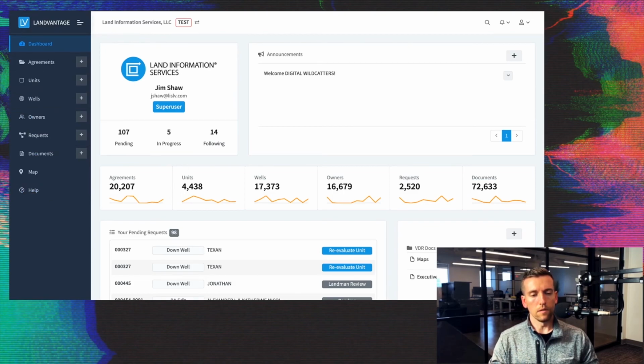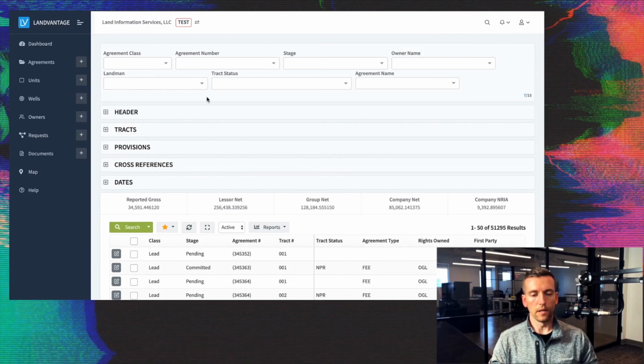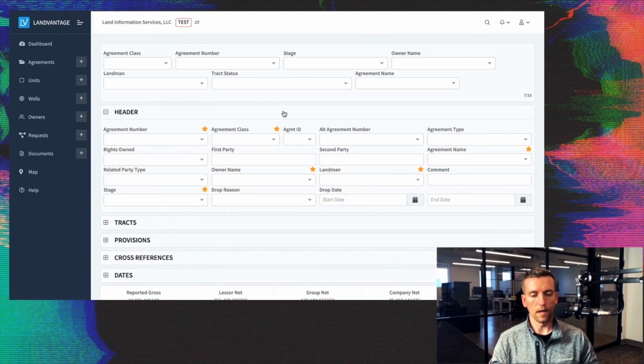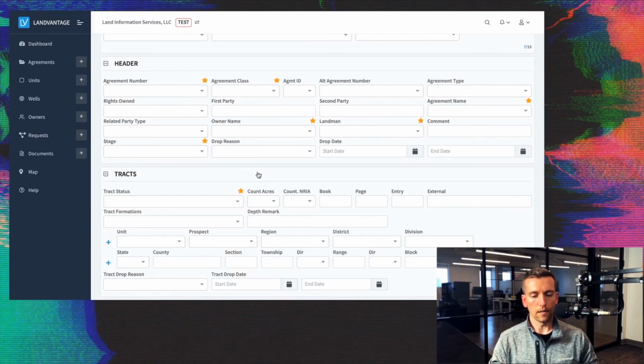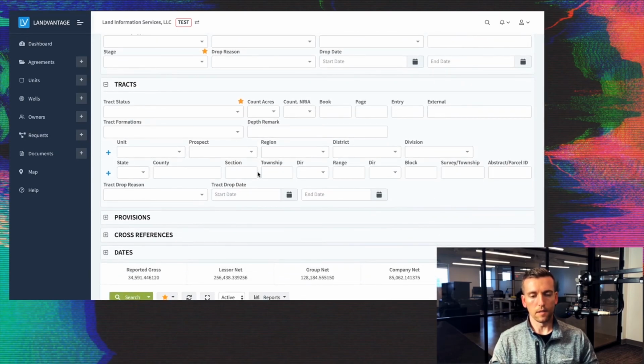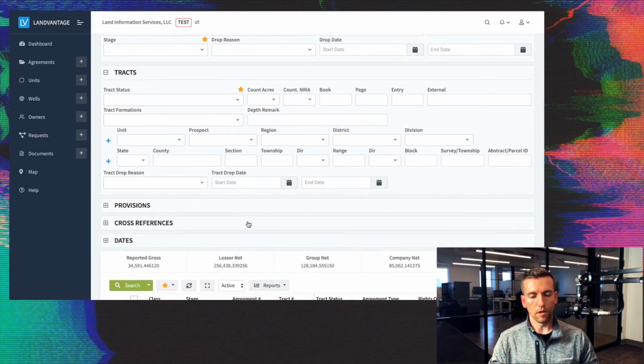So let's go into the agreement search page. So what you're seeing up at the top are some fields that I've labeled as favorites that I search on all the time. I can search on up to 15 favorites up there at the top. But if I need to expand my search and filter criteria, I've got a variety of header level attributes, tracks down below being map references, etc. Maybe provisions or cross references as well. So if I were to apply just a basic section township range search here,